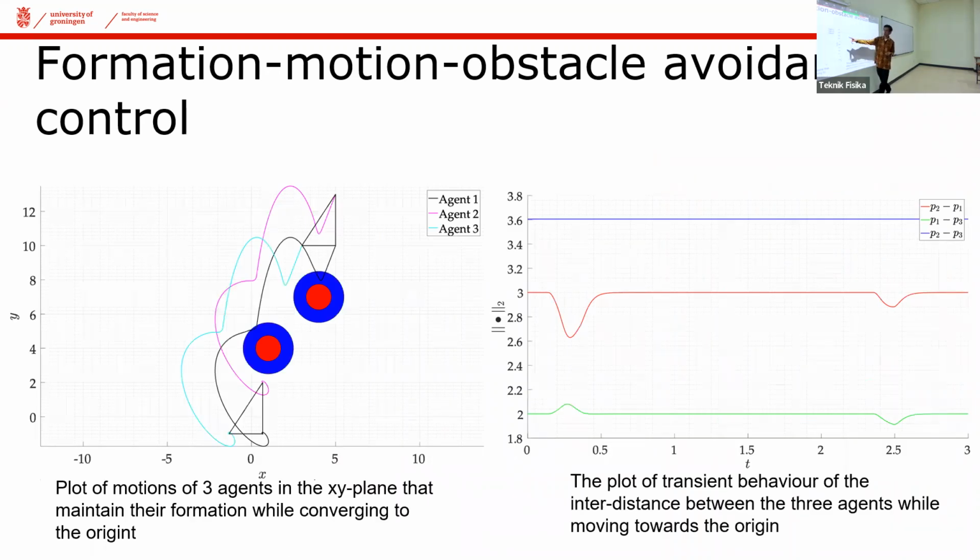So in this case, you can see in the simulations on the left, we start from the desired shape here, and then when we wanted the group of agents to move to the origin at 0, 0, it faces two obstacles, the first one and the second one. You can see here that the agent on the bottom right started to enter. The blue one is the safe margin, so it is allowed to move into the blue one, but it must not go into the red one. So it goes to the area where it should try to evade.